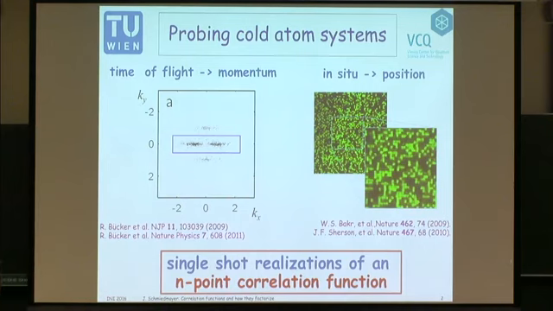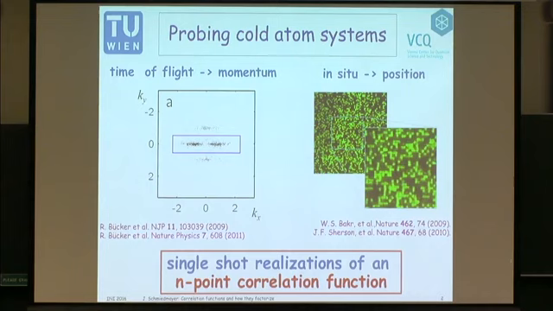You take these images, and now you have to interpret these images. And what are these images? These images are basically single shot realizations of an N-point correlation function. Now, if you want to get all the information out of this N-point correlation function, there are about 800 atoms in there. You will see very quickly that you never have any chance of getting all the information out of there. I will show you,